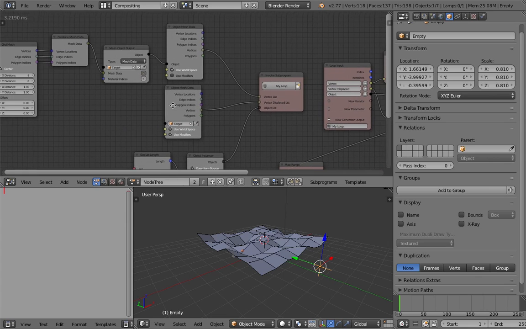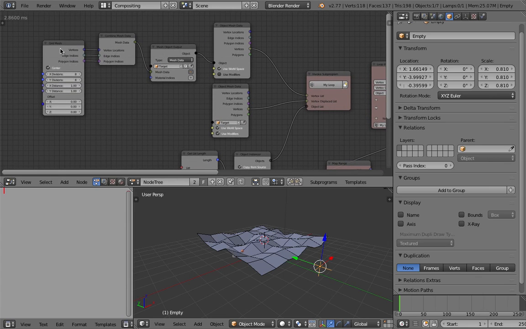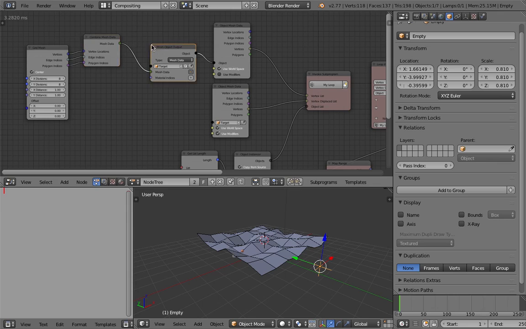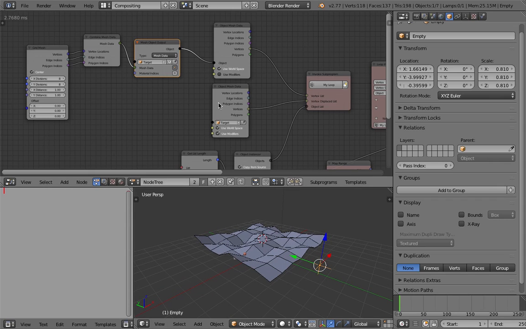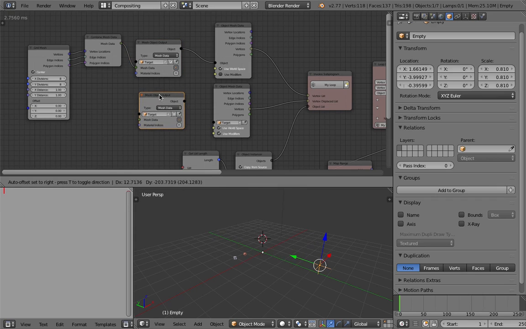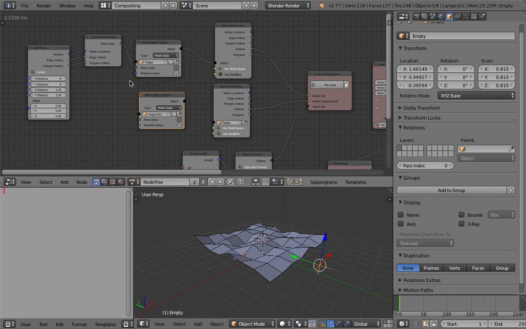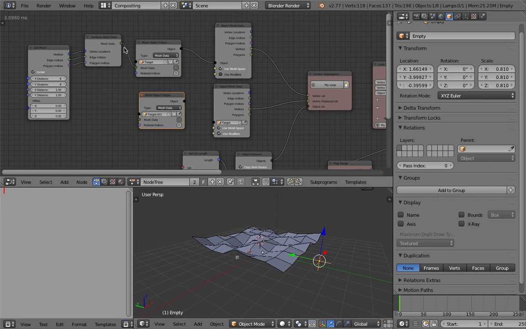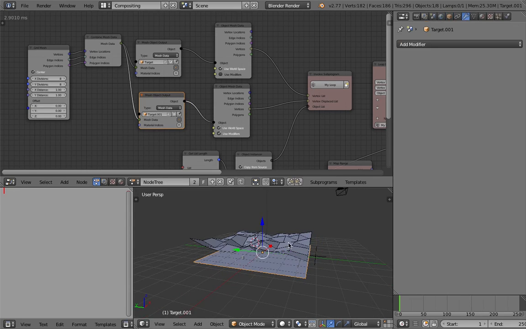So our grid mesh is outputting that guy and that guy. Looks like we can't do it like this. We actually need 2 objects, so this should be target 2. Mesh data is the same. Plug that into there. Now we have 2 objects.